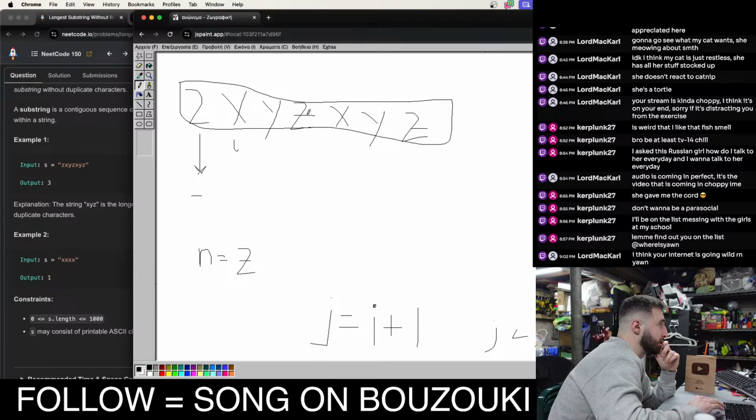Z. All right, let's check if z occurs in the string. Oh, it's the first one. All right, so I know this isn't. So zxy is the current max string. Okay,